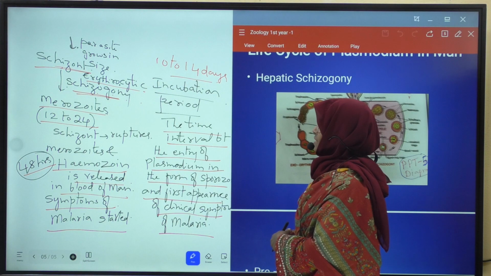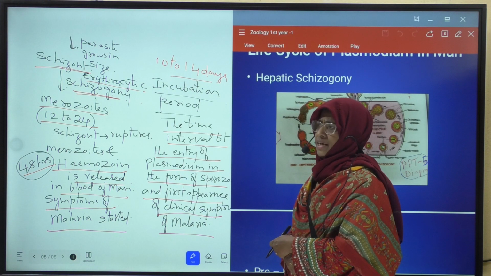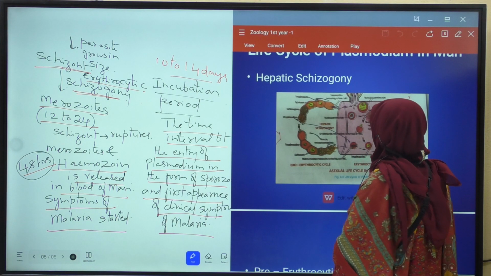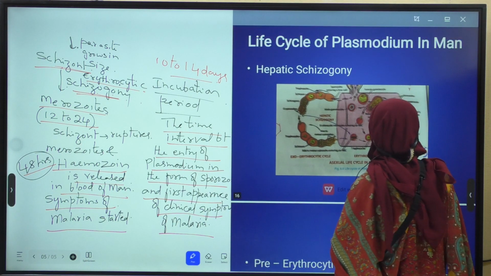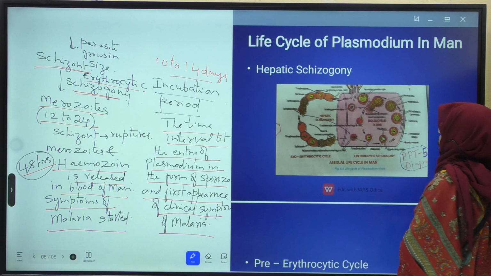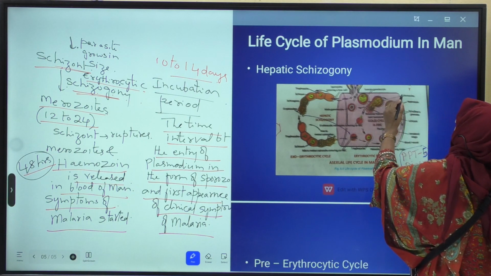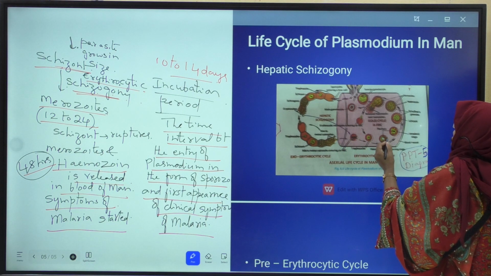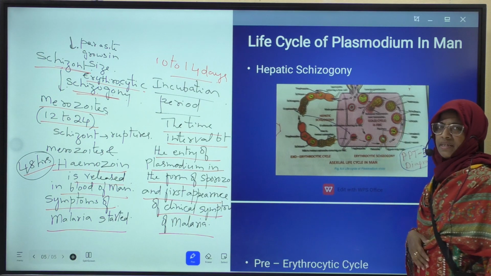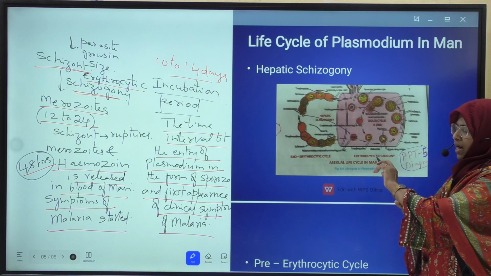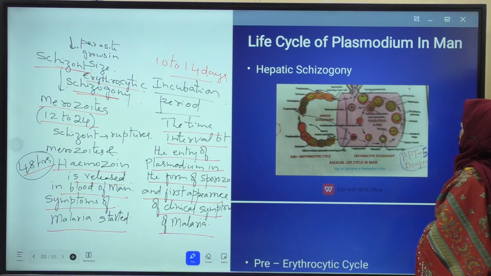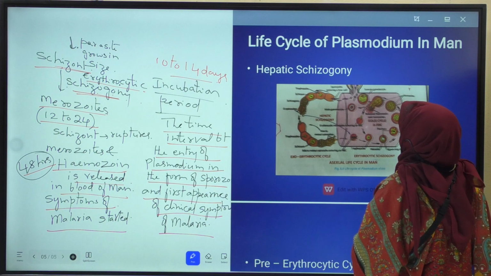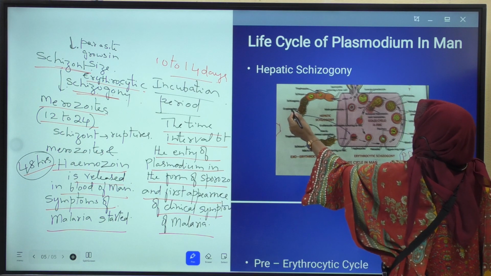Now we will discuss this erythrocytic cycle according to the diagram. According to the diagram, once again, all of you listen properly. Okay? This is the blood vessel of man. Inside these blood vessels, these red colored cells are RBC or erythrocytes. RBC are erythrocytes. Okay? This erythrocytic cycle is started either by the cryptozoites of the